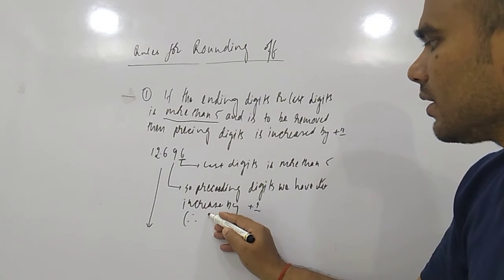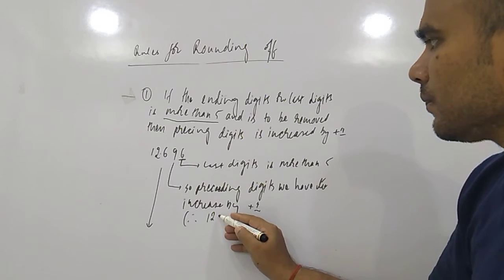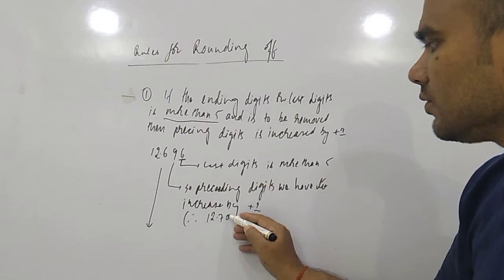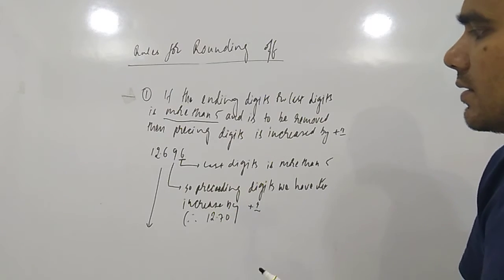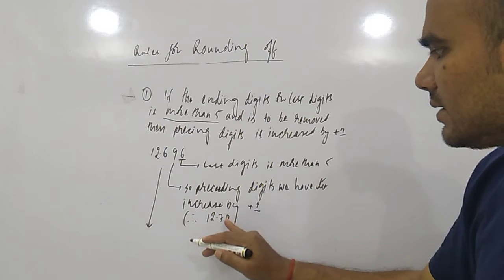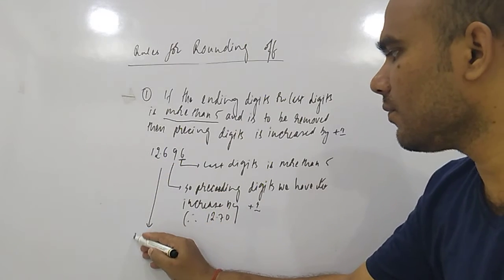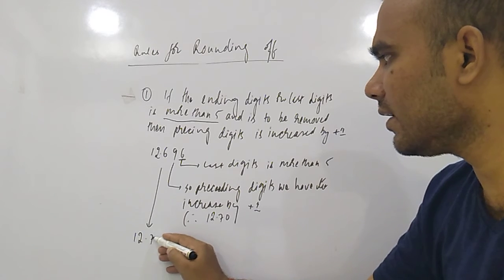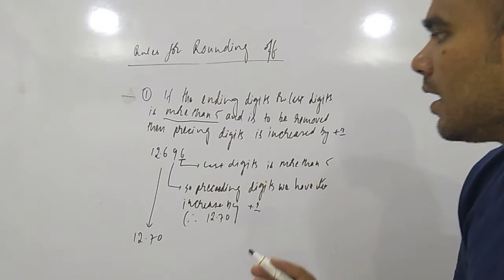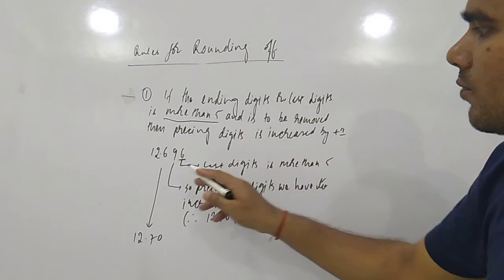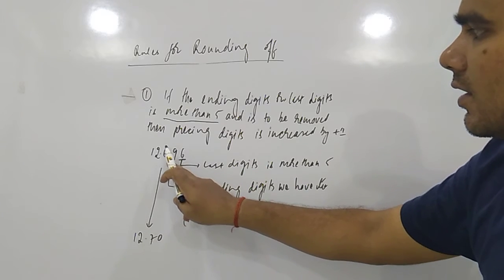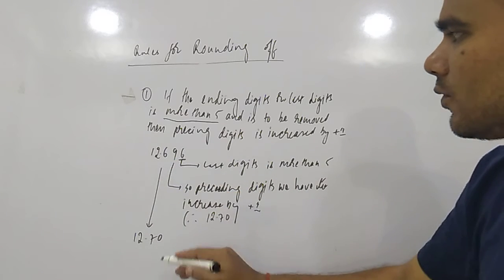So that will become 12.70. Here the answer will be 12.70. Now, if you are removing this 9 in the same number, suppose,